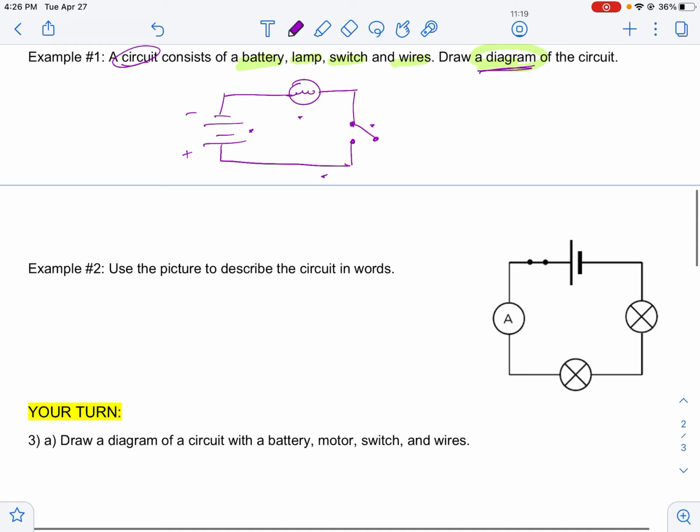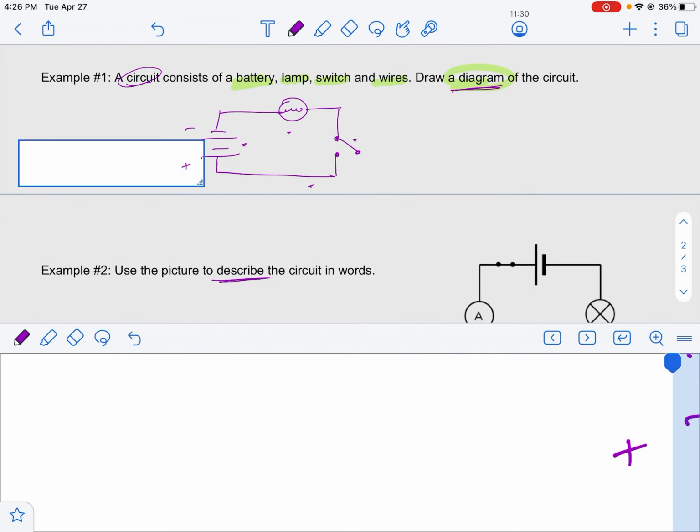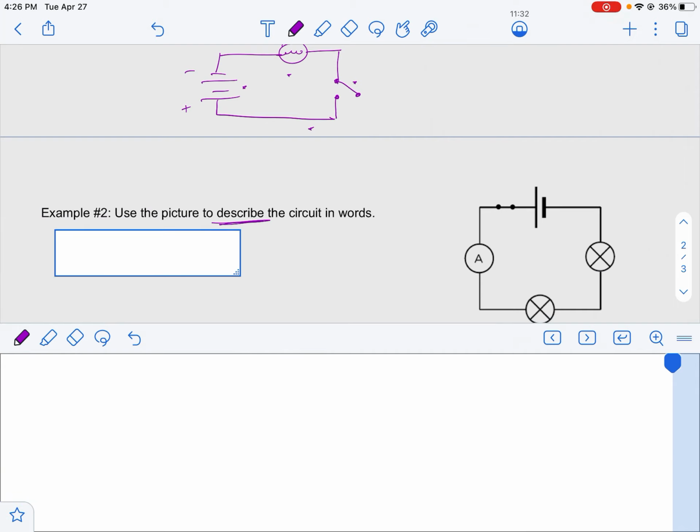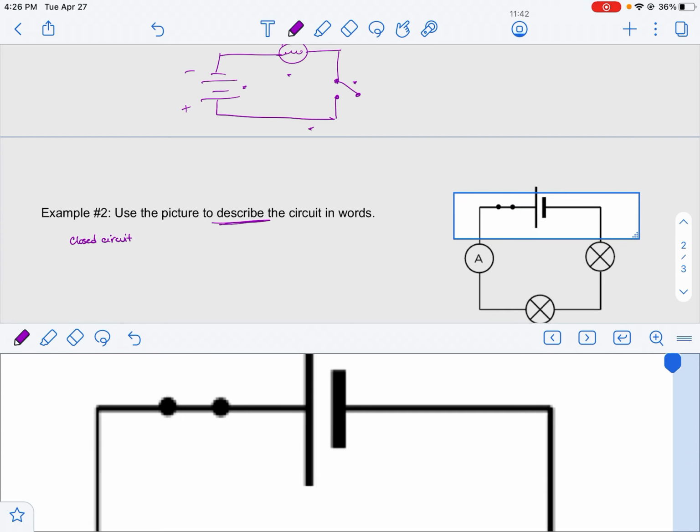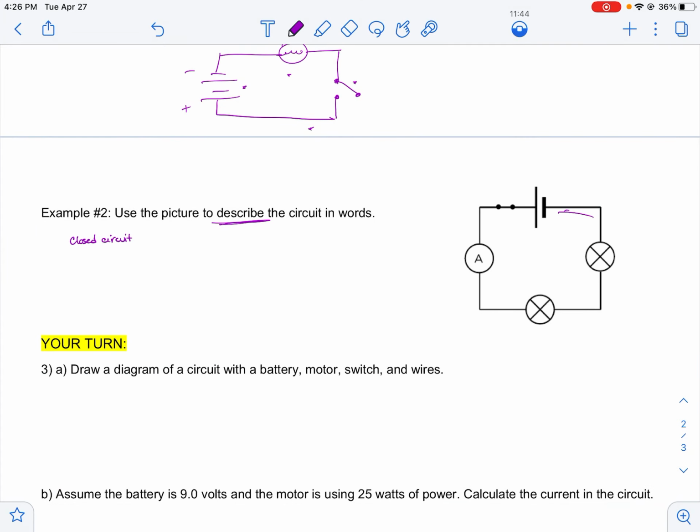All right. Once you know the symbols, you can also interpret. So now this time I gave you a picture. We're going to describe this circuit in words. So what do we see in this circuit? Well, I always start with the battery. So I'm going to say this is a closed circuit, right? Because when I look at it, I can see that the wire goes all the way around. Okay, so it's a closed circuit